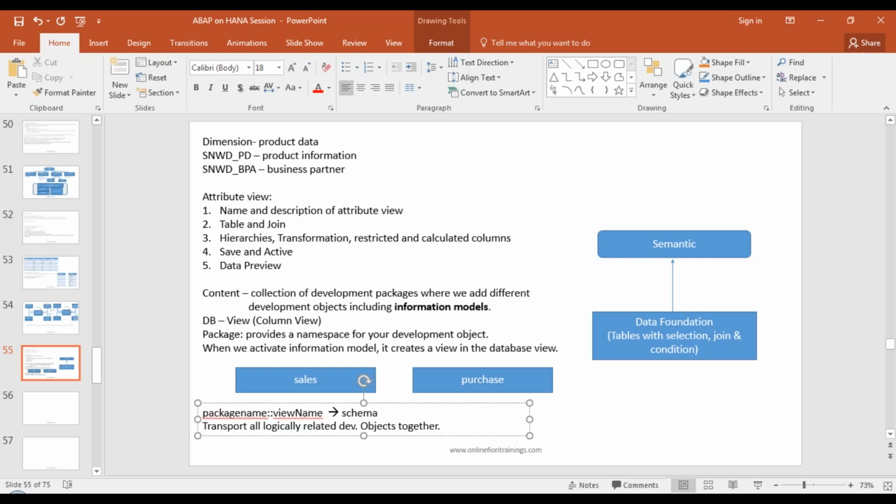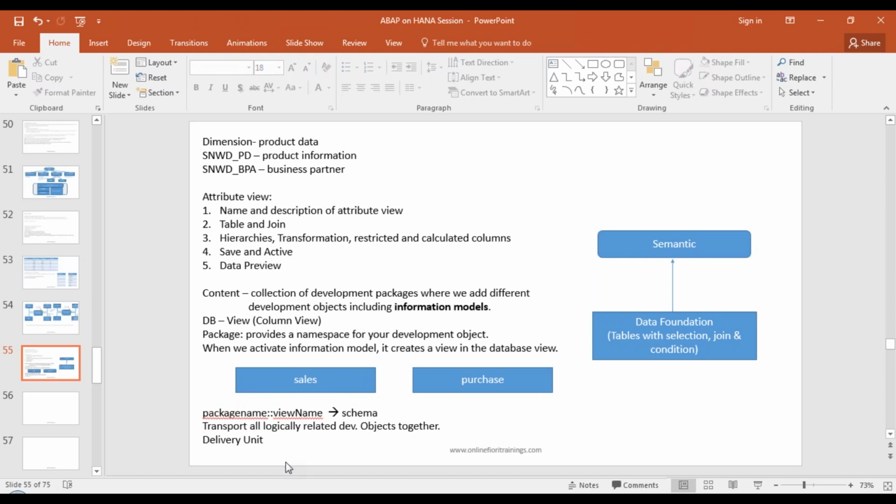It provides a namespace, plus also allows you to transport it with the delivery unit. In SAP HANA, there is a concept called delivery unit to transport your data or your objects via the HANA database to the production system. For a given package, there will be a delivery unit which will be selected, just like a transport, and then that delivery unit once transported, it ships your data to the production system, ships your development objects to the